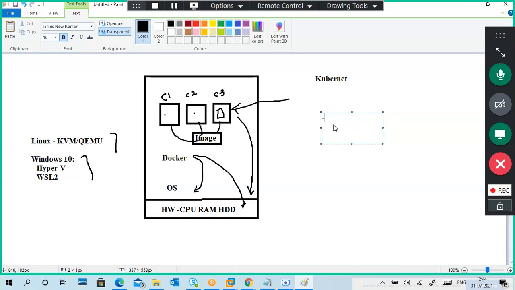This is orchestration. If my load increases, can anybody tell what is elasticity? Cloud has two main properties, elasticity and scaling. Expanding. What is elasticity? Increasing RAM and hard disk, increasing memory.